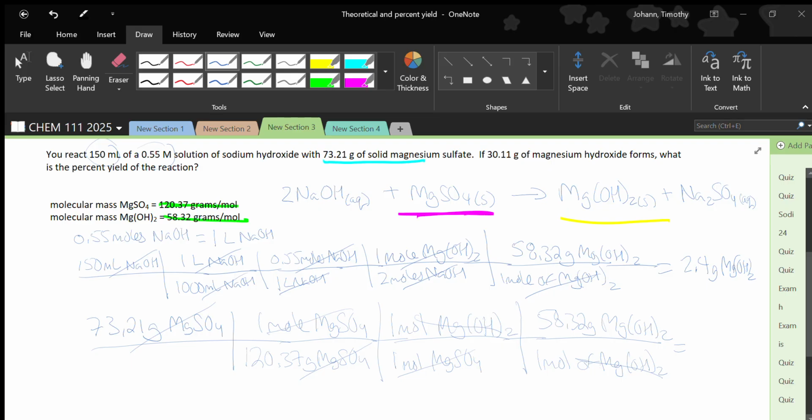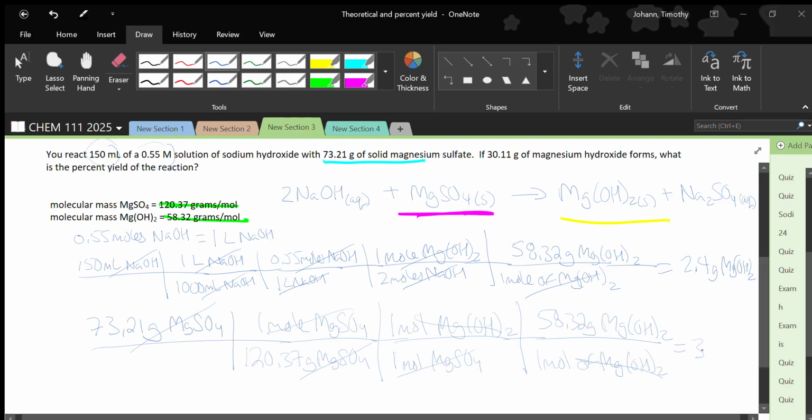And that's everything I've got that isn't ones. And so I get 35.47 grams of magnesium hydroxide. Okay, so that's how much I would get if all of the